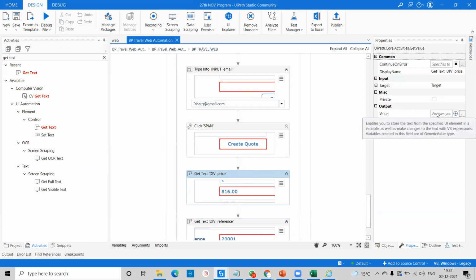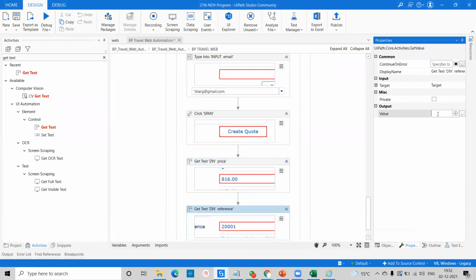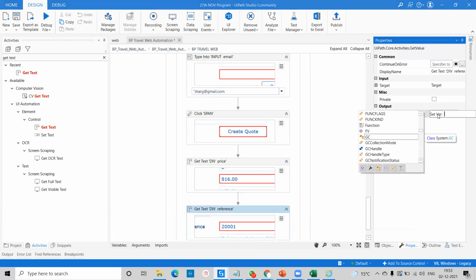For creating this variable, we have to remember one shortcut, Control K. Control K for creating the variable. We are going to create this variable called price. Here also we are getting string underscore price. Automatically it's going to create one variable, and here this is your reference. Again I'll press Control K. If you pass it directly, automatically you will get an error. So Control K for creating this variable, string underscore reference.